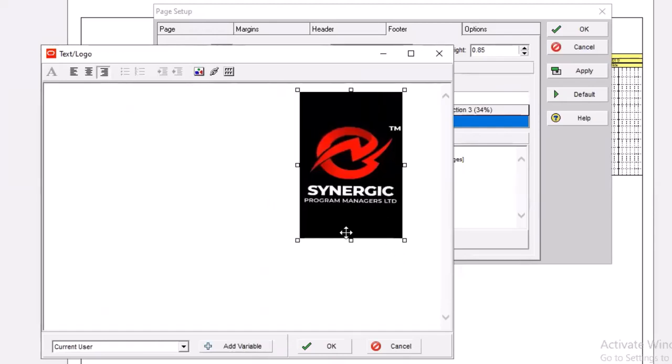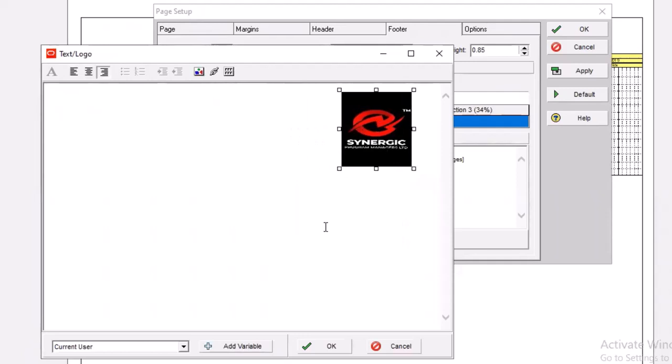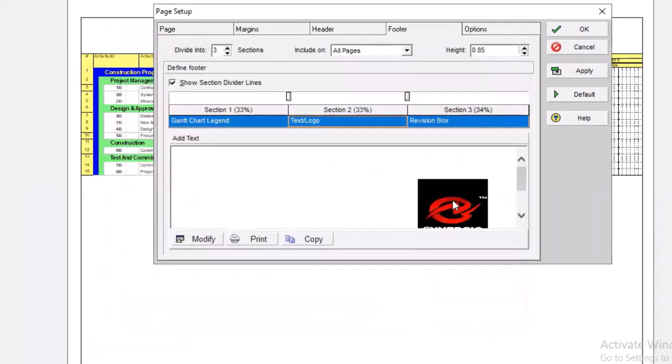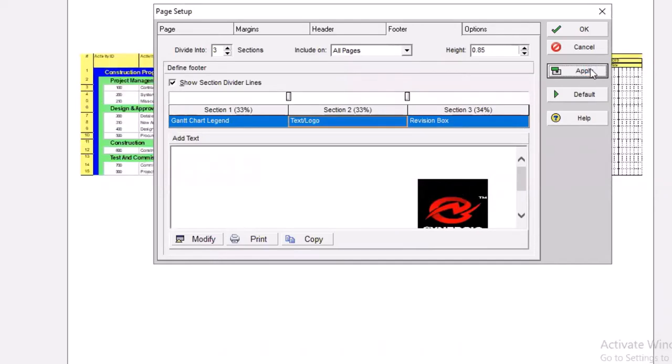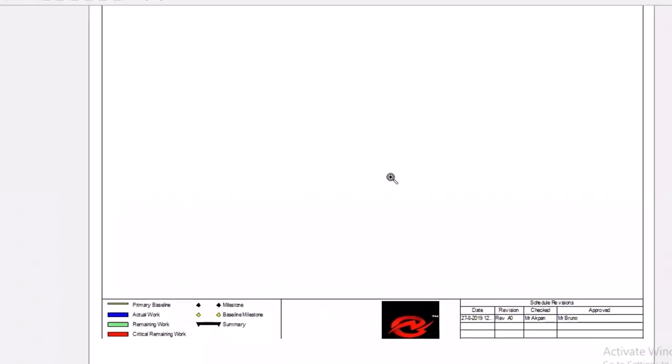Okay, so I have my logo in. And you okay it. Okay. So I don't like the way it is. Let me apply and see what it looks like. Do a preview and see how it's coming out. Okay, I want it at the center, right? You see the way the logo is, I want it to be at the center to arrange itself